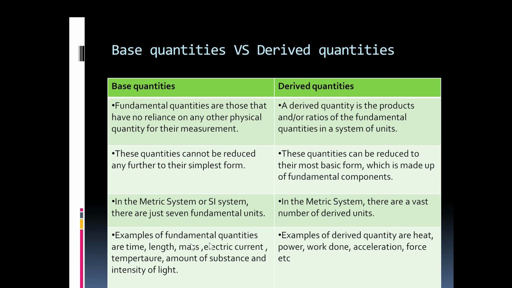Examples of fundamental quantities are time, length, mass, electric current, temperature, amount of substance, and intensity of light. So these 7 are the base or fundamental quantities, and examples of derived quantities are heat, power, work done, acceleration, force, etc. So in this SLO, which was about base quantities versus derived quantities, meaning differentiate between base and derived,